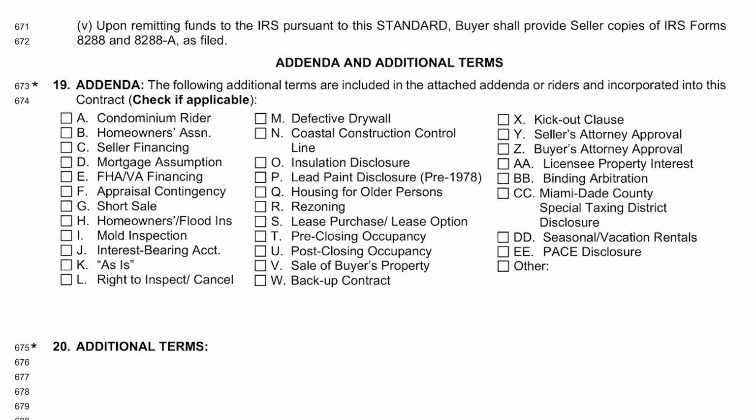All right, so you scrolled all the way down to number 19, the addenda. Always look at the MLS listing. If the listing agent has done their job properly, all the addenda will be listed on the MLS listing. If not, you may have to ask for it. But if there's a homeowners association, if there's a condo rider, if the house was built before 1978, you need the lead-based paint disclosure. Any other disclosures that are going to be included in the contract need to be checked here. And if there's not one that's listed here, maybe a CDD, so the Community Development District, as in Lakewood Ranch properties typically, it's not listed as one of the line items here, but you can always include it as one of the other